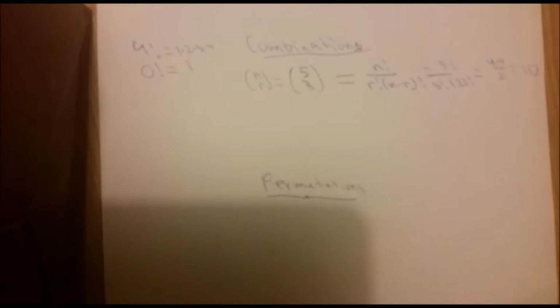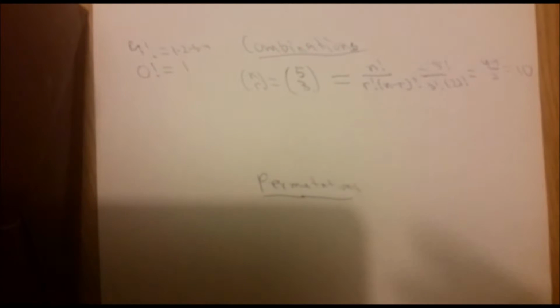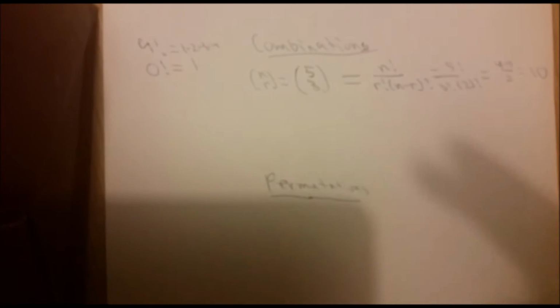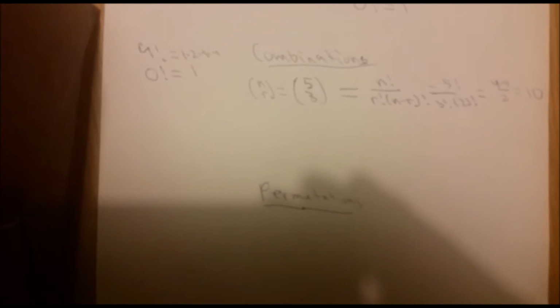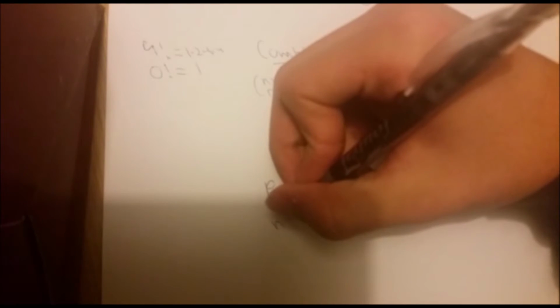That's 10. So there's 10 different ways in which you can choose 3 people out of 5 when order does not matter. But for permutations, order does matter. So it's just like combinations, except that you do have to take into account the different order in which you pick them. So, the formula for that,